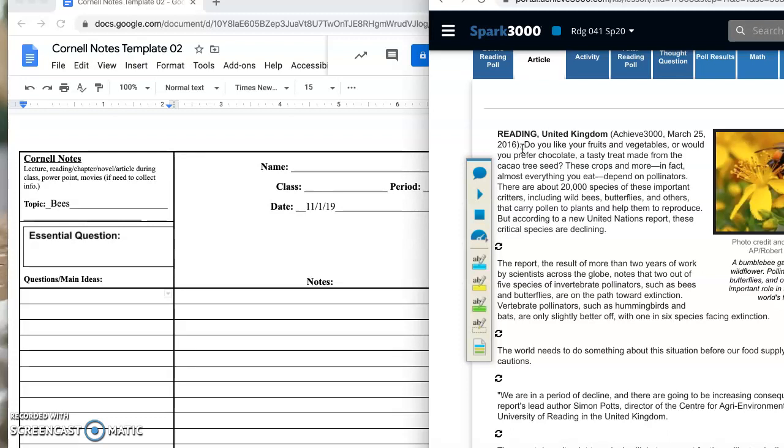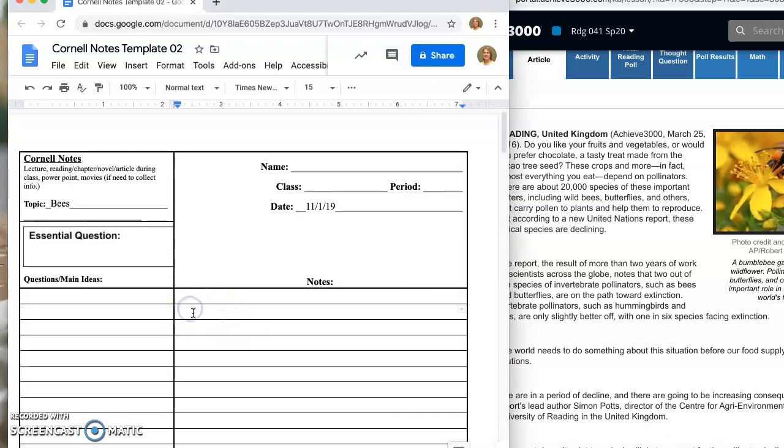But according to a new United Nations report, these critical species are declining. All right, I'm going to start over here with my notes because there were some things that I didn't know. First of all, there are 20,000 species of pollinators. Now, I know the definition of pollinators, so I don't need to write anything with that. Also in this paragraph, I'm just going to say includes wild bees, butterflies, and